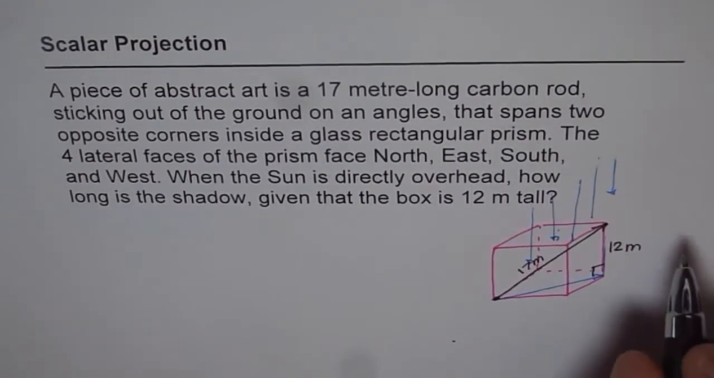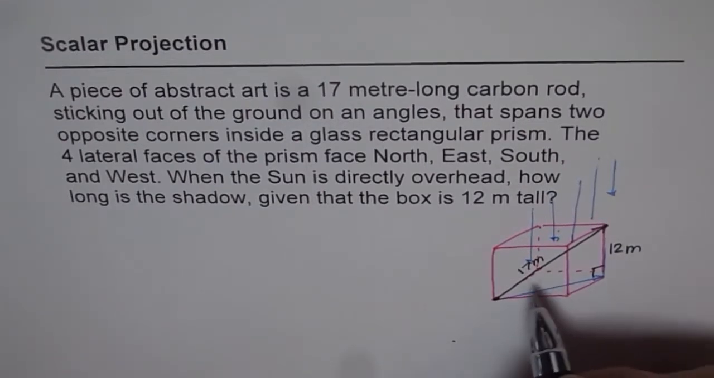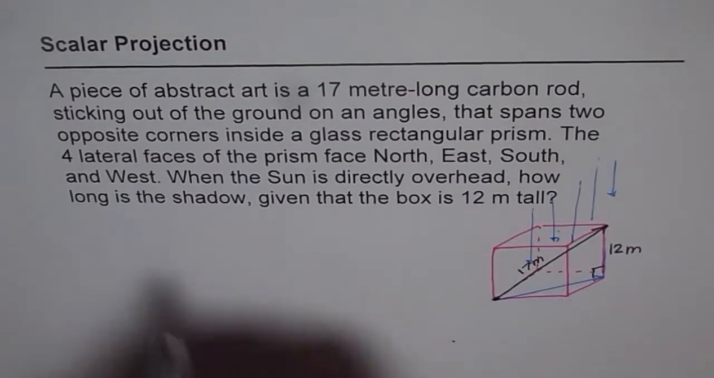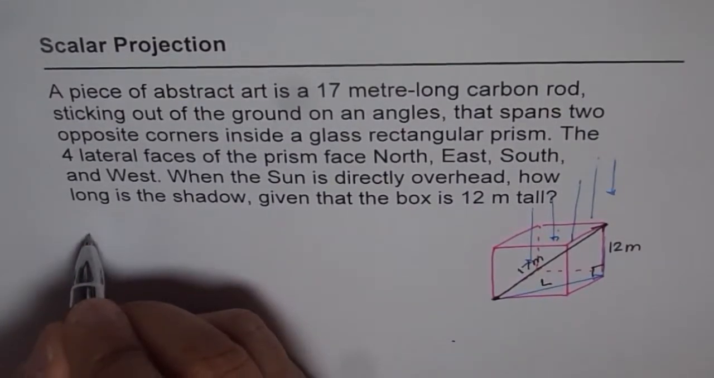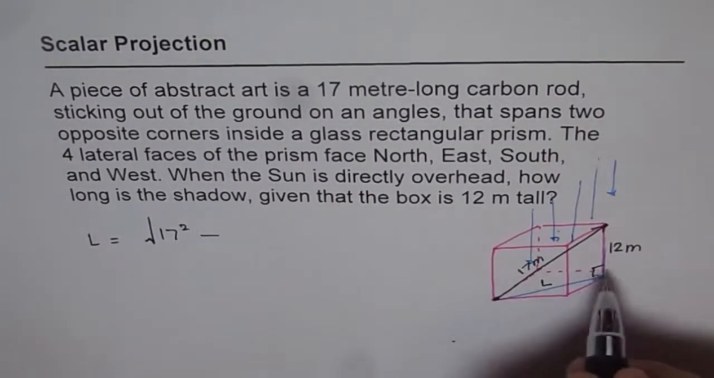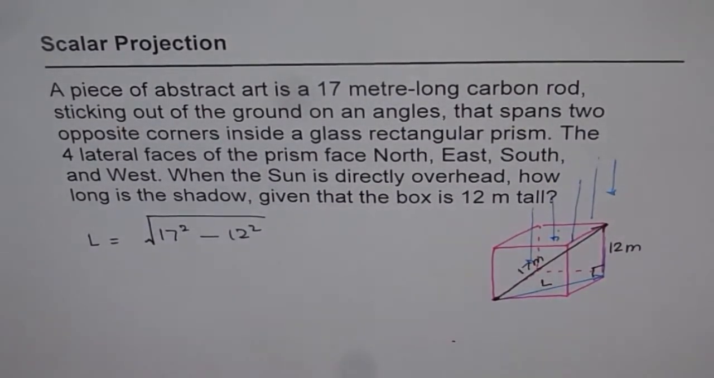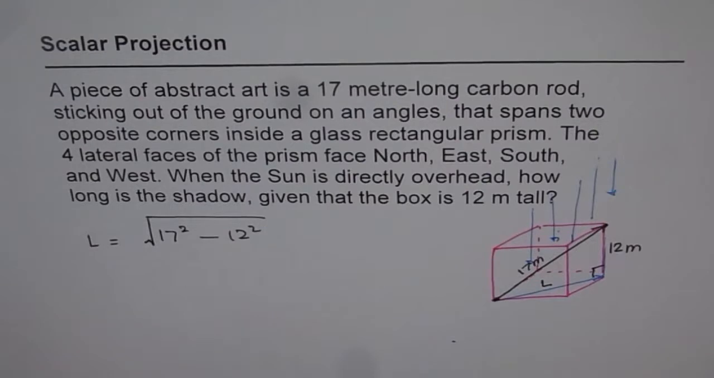So in such cases, we can just use the Pythagorean theorem, right? And so we have this length of the shadow. So we say let L be the length of the shadow, and L equals the square root of 17 squared minus the height, which is 12 squared, right? That should give us the answer, right? So let's calculate. The square root of (17 squared minus 12 squared) equals, so we get our answer as